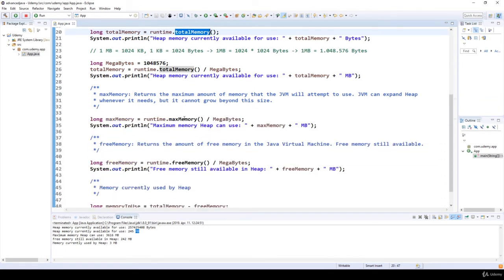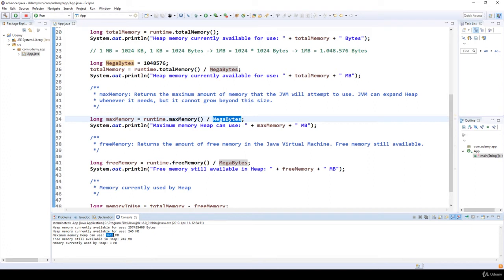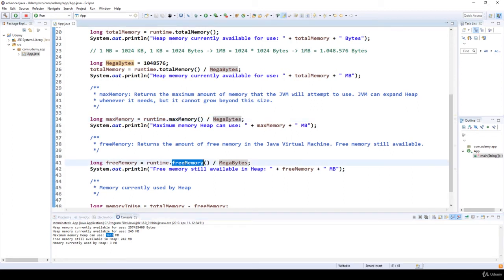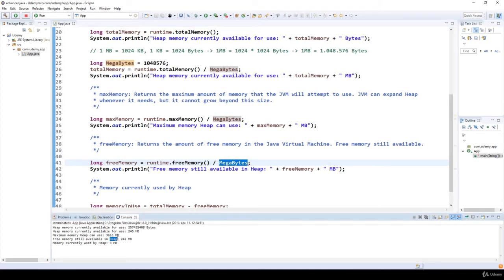Okay, then we can get the maximum memory, which returns the maximum amount of memory that the Java virtual machine will attempt to use. The Java virtual machine can expand the heap whenever it needs, but it cannot grow beyond this size. So if we get the maximum memory and we are after the megabyte representation, as you can see, the maximum memory is equal to 3616 megabytes. We can get the amount of free memory in megabytes again, so this is why we divide by the megabytes value. The free memory still available on the heap is 242 megabytes,